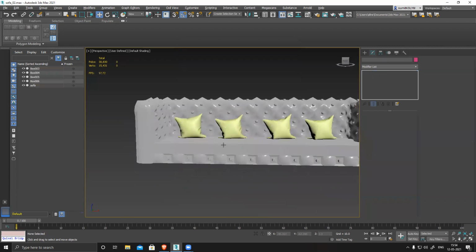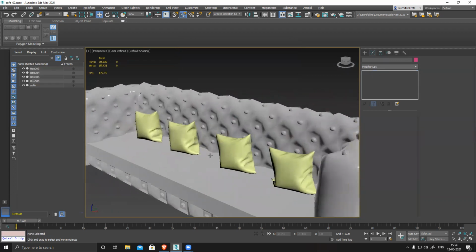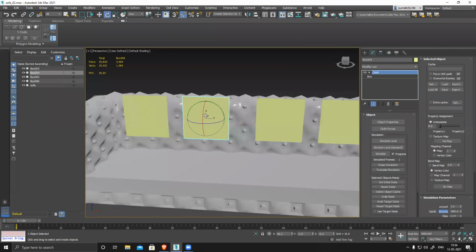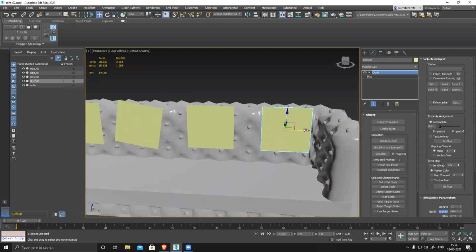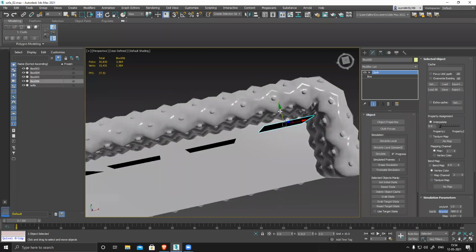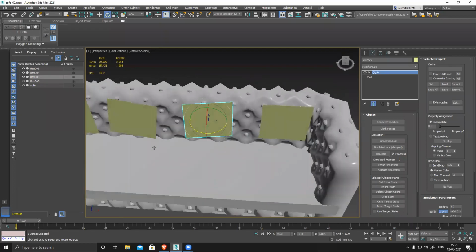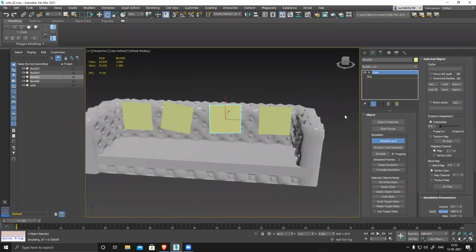And all of them, you can see, look kind of the same, but not exactly the same. So what I can do is undo, rotate it slightly, change the position slightly, give a slight angle, so I randomize them, and simulate.